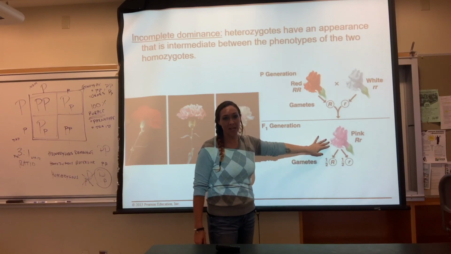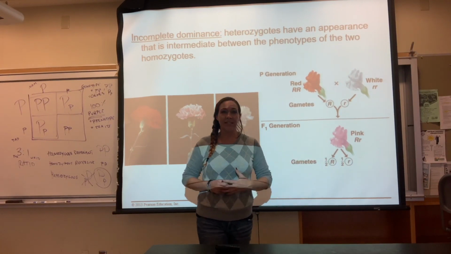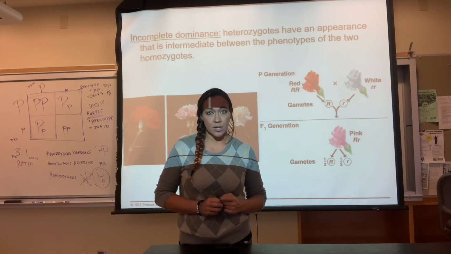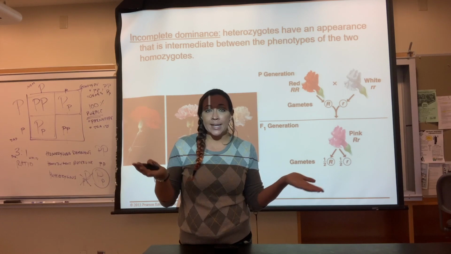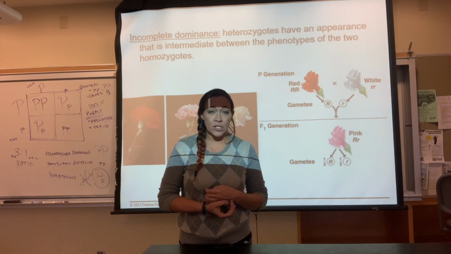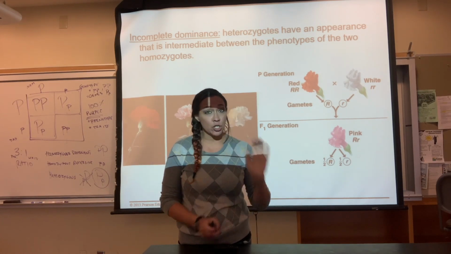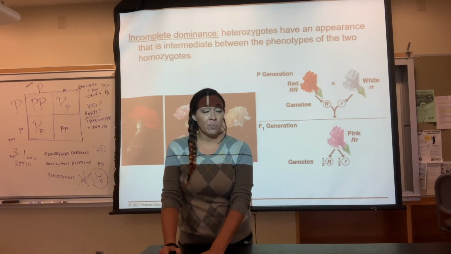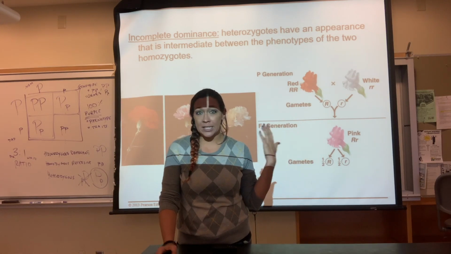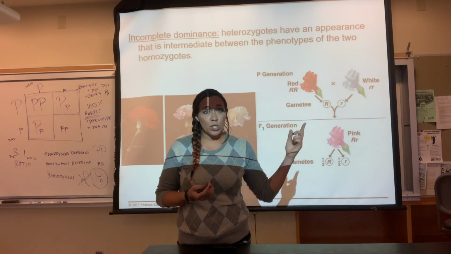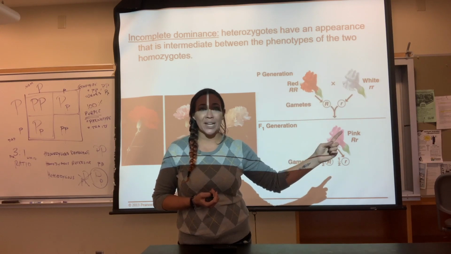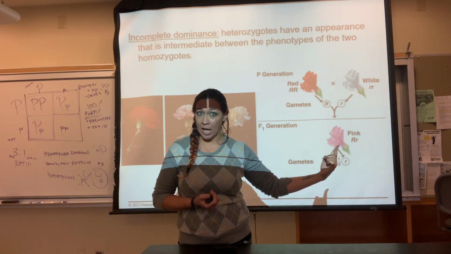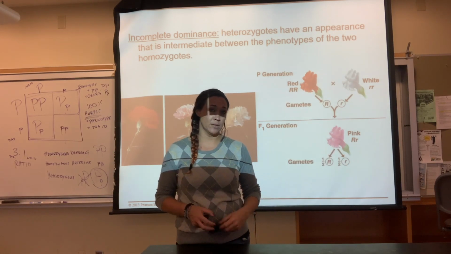Okay, so that's what you can see right here. We actually have a pink flower. Anytime you have incomplete dominance, you have a blending of the two traits. We had red, we had white, now we have pink. This is known as incomplete dominance. If it's straight-up dominance, that's Mendelian genetics, it's very simple: this is dominant to this. If you have incomplete dominance, neither one of them is dominant, which means you're going to have a blending. You have the white mixed with the red, you get a pink. If I have a white flower mixed with a black flower, I would have a gray flower, a blending of the two traits.